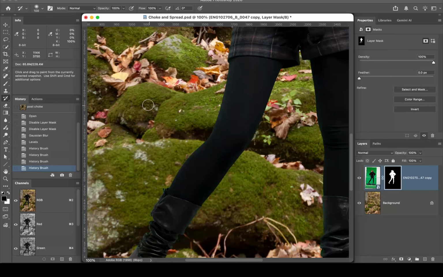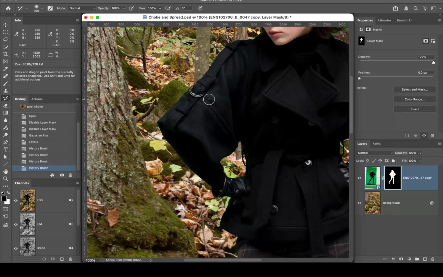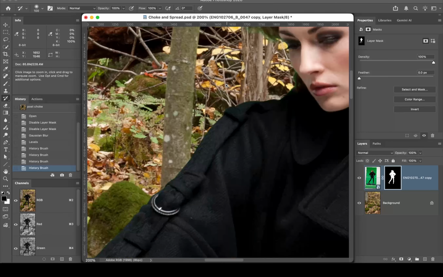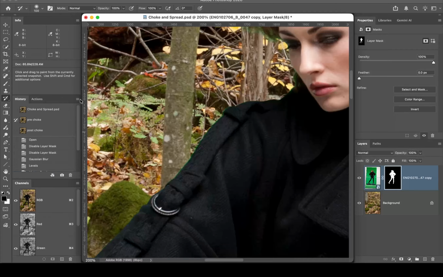So this is pre-choke state. I want to try this along the top of her jacket. So go to the shoulder area, and you can see I'm just going to do a small area of the shoulder right here. I'm just going to click and bring it down, and you can see it brings that green line back. But if you want to get rid of the green line now, go back up to the top